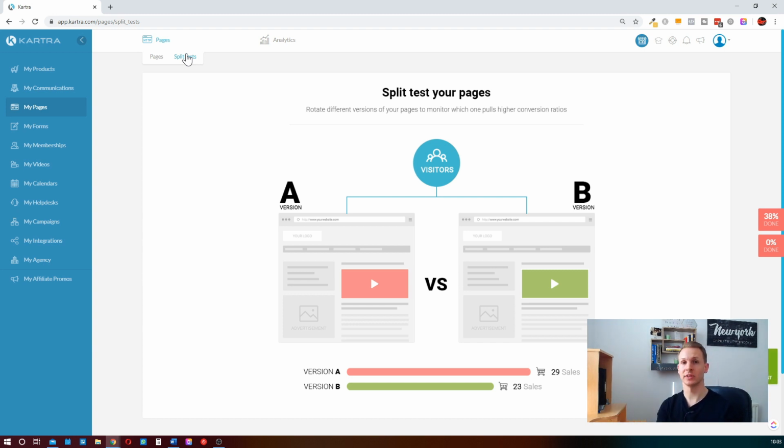You might want to test all these different things to see which one converts best. Does a blue button or a red button convert better on my page? Does this headline or this headline work better? So the split tests, you can test all that, and you can test up to 4 things at any one